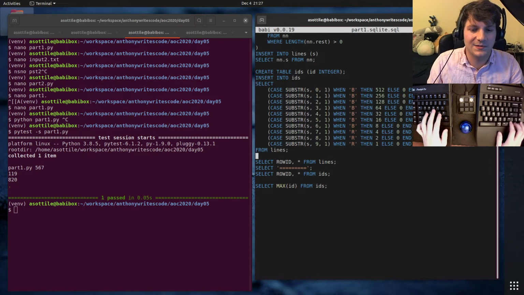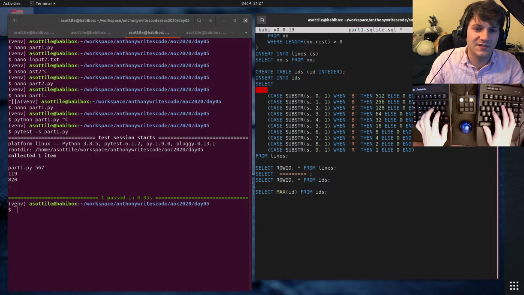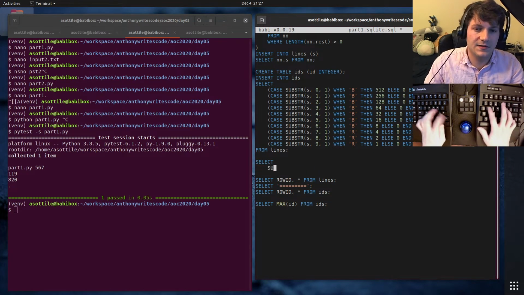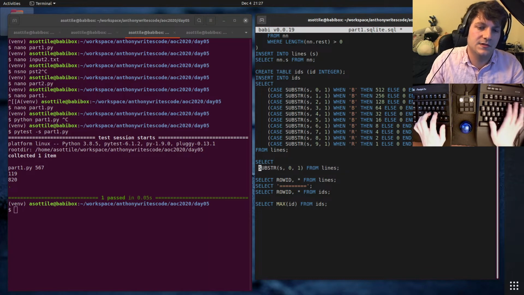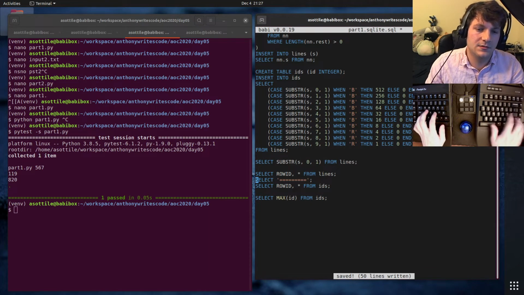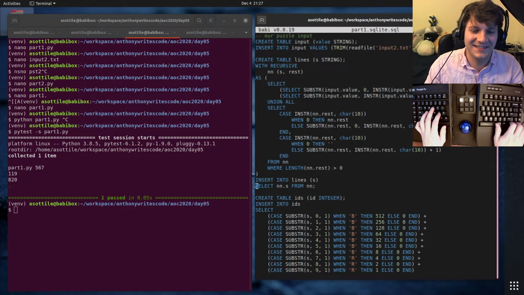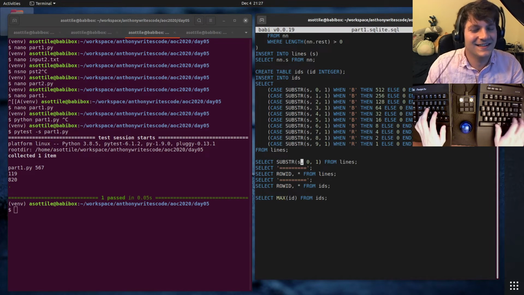I wonder if it's the substring that's wrong. I wonder if SQL is 1 indexed and this is just dumb for dumb reasons. Select substr s01 from lines. Let's see what this goes as. God damn it. Ugh!